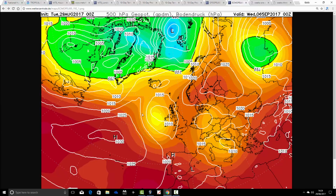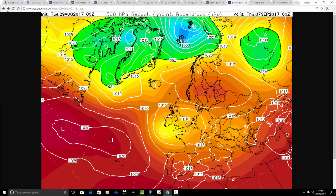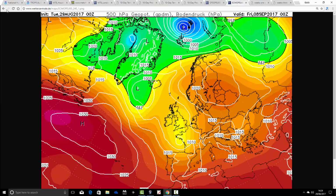We've got high pressure to the east, low pressure out to the west, bringing up quite a warm southerly flow, and that low pressure does look a little bit thundery. And then into the second half of next week, more generally unsettled again. This looks very unsettled actually through into the second half of next week, with a proper trough setting up within